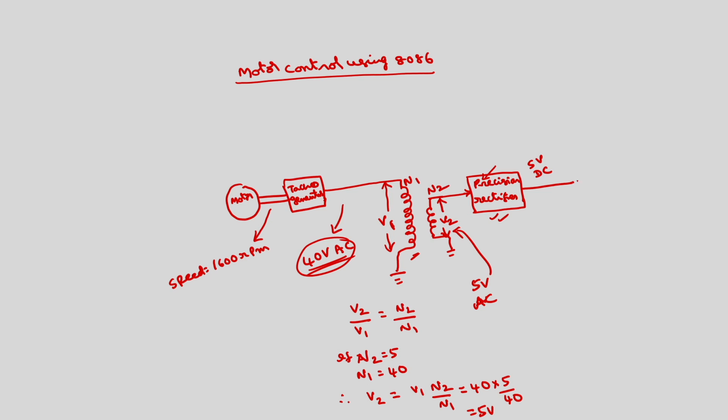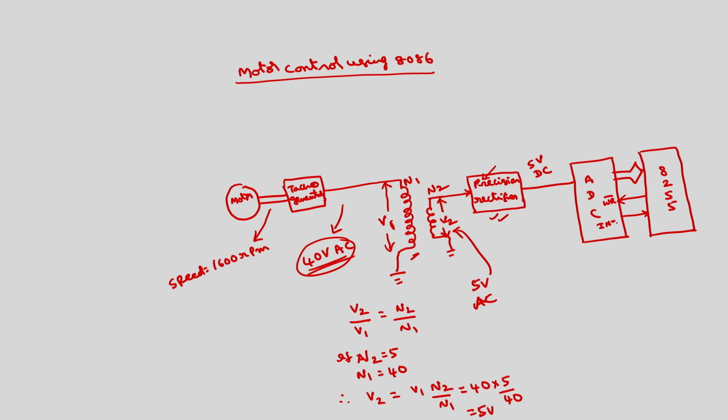Then this 5 volts will be given to the A to D converter. It will produce the corresponding digital value. This will be given to 8255. So, here again write bar, interrupt bar. Whenever an A to D converter is connected, this is 0800, then these two signals you have to connect.